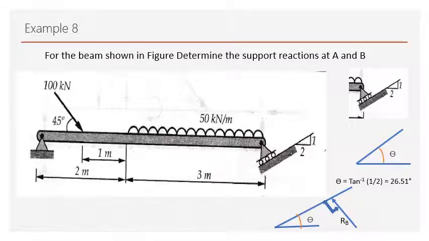Okay. So the next step is to draw the free body diagram. While drawing the free body diagram, you have to keep all this in mind. Two reactions at the end A because it is hinged support, but at the end B, not just the vertical reaction, it is the reaction as shown here, that is perpendicular to the line of contact. Okay, that we have to keep in mind.